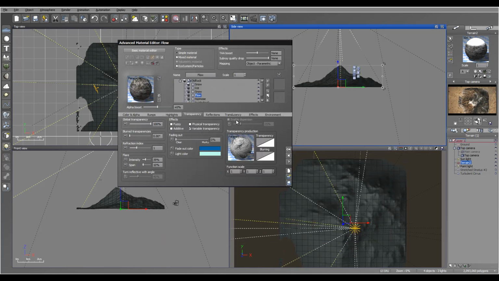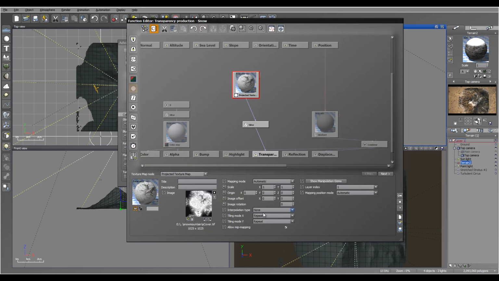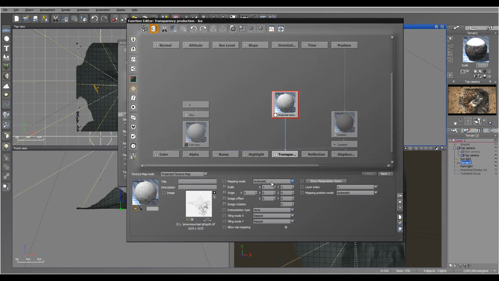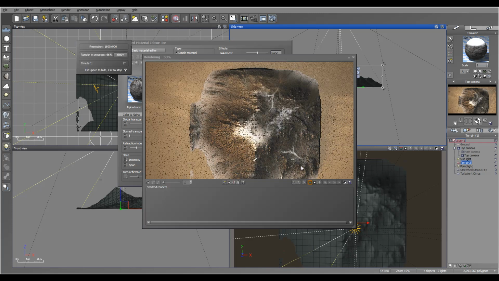Okay, so next I'm going to the snow edit. Right here, one, I want interpolation normalized, no repeating once. Okay, and this is set to object parametric. Okay, let's go to ice and make the same. We'll set to normalized once, object parametric for this one. Okay, and right here if we preview, you notice the material is stretched properly, so be sure to pay attention